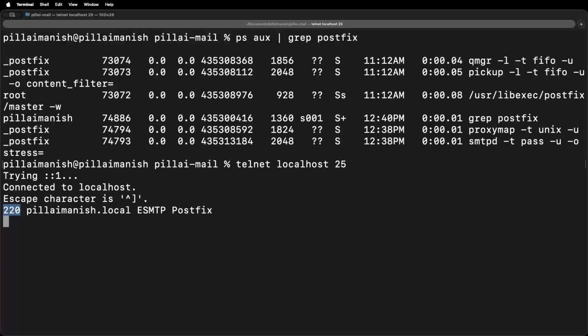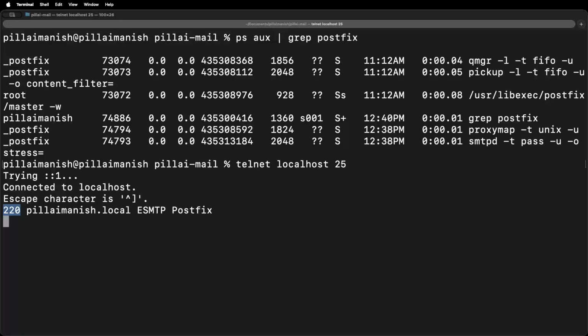Now, I have two options, either EHLO or HELO. EHLO is an extended hello, which is for the extended SMTP protocol, while the original SMTP protocol has HELO, that is, hello. For this demo, we are going to use EHLO.